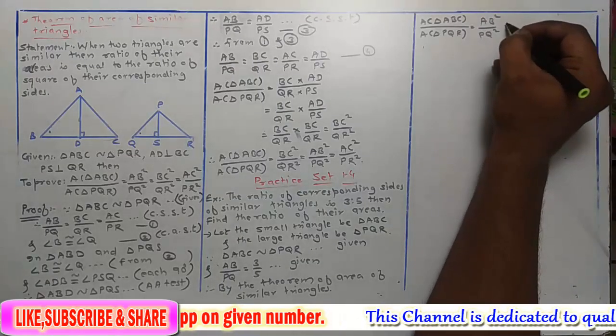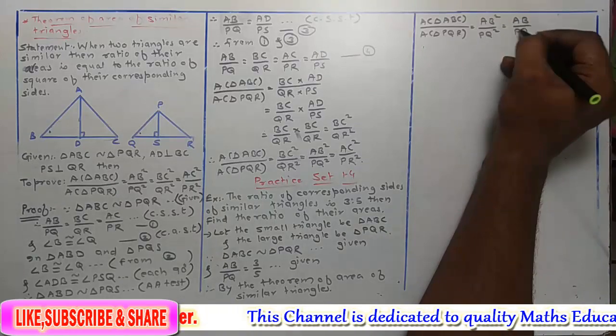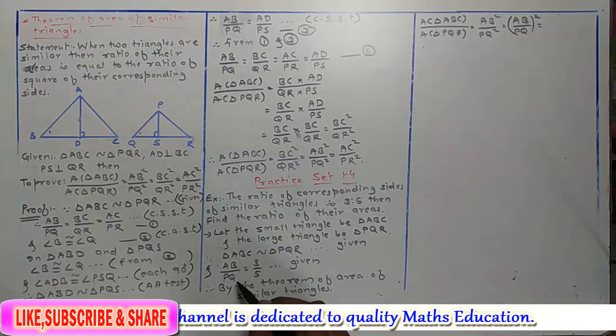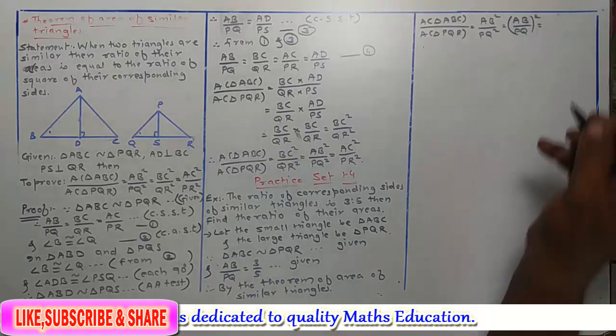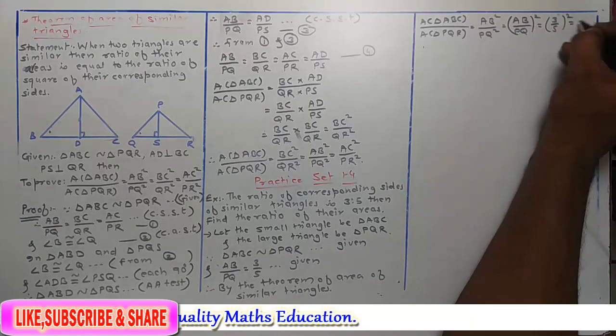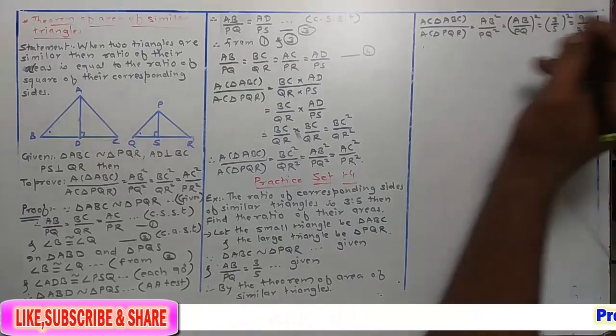Okay, that we can write as AB upon PQ bracket square, that is equal to, this value is given, that is 3/5. So we write that value 3/5 bracket square is equal to 3 square is 9 upon 5 square is 25,